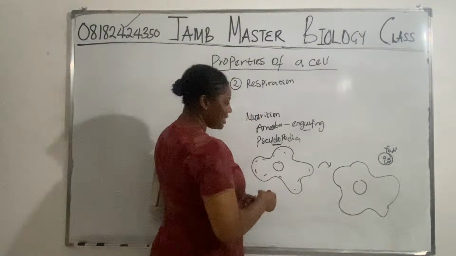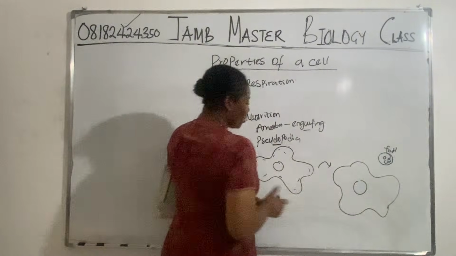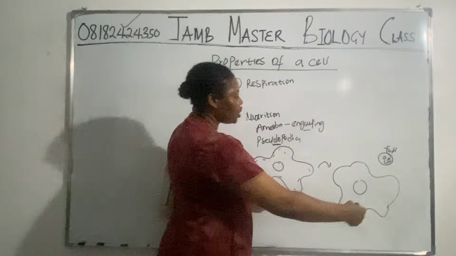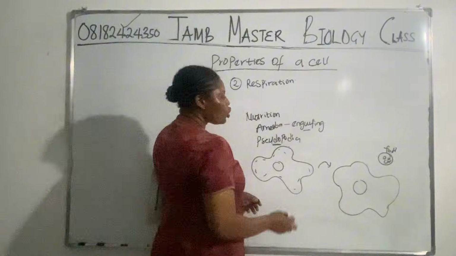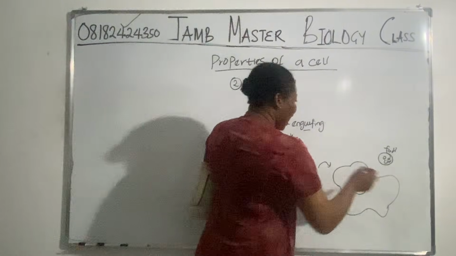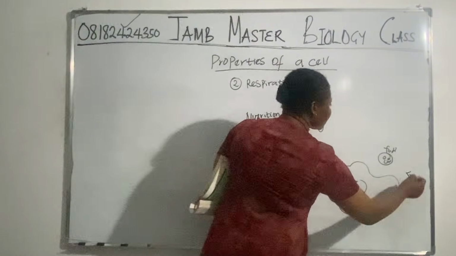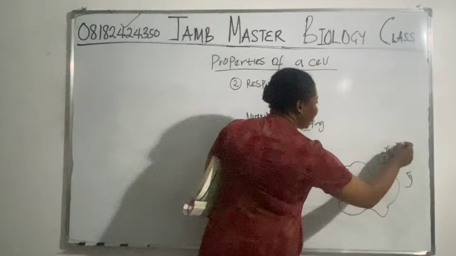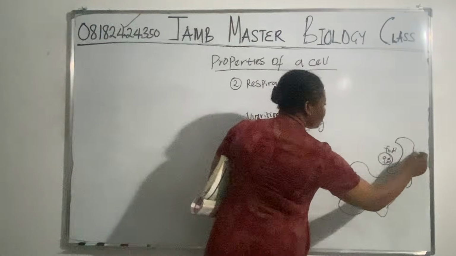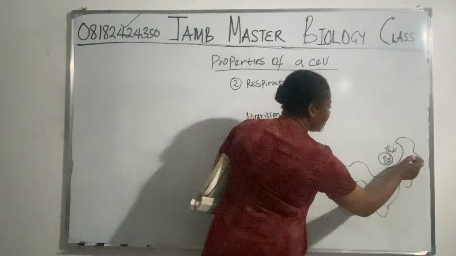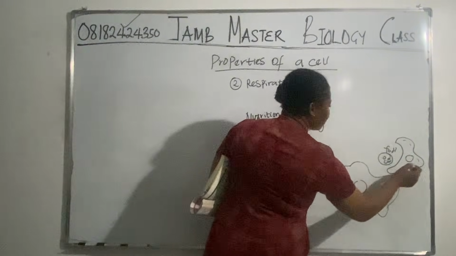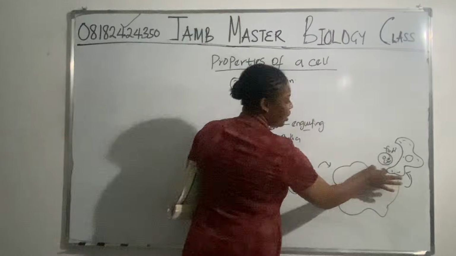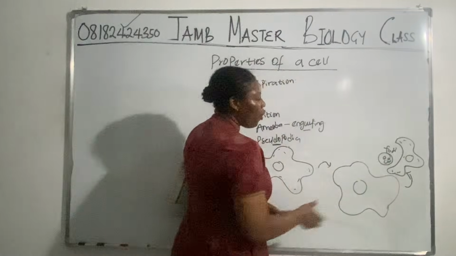What it does is that this amoeba, because remember that it has moved from this position to this position, and it has changed shape. Remember, it's a shapeless organism. So as it moves, if it's going to move again to this point, it's going to move in a way that is going to engulf this food. For instance, it's not going to be like this. You get? Then this part of it has now turned over for it to now what?